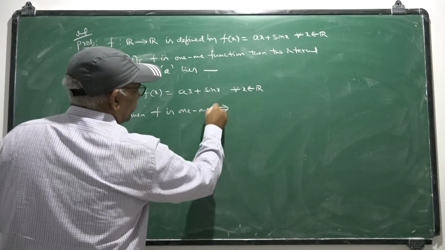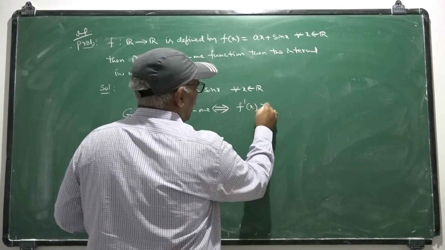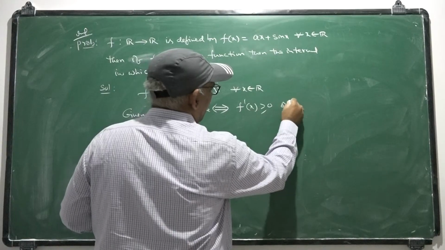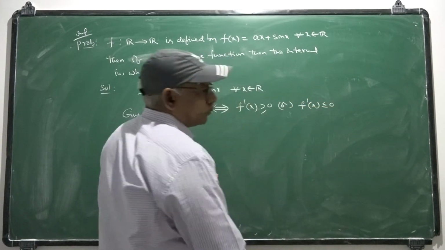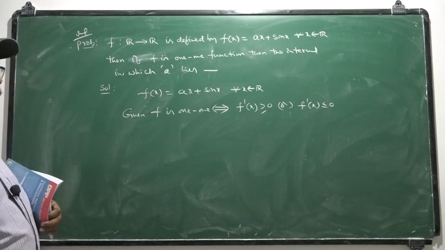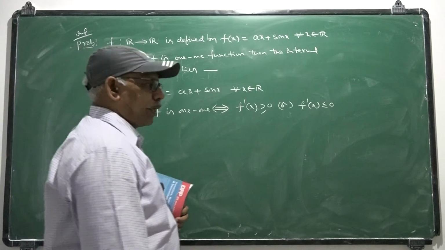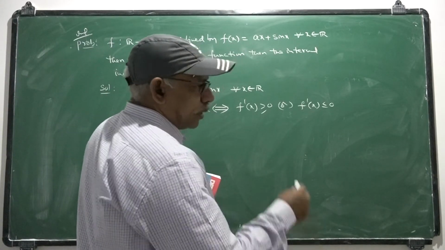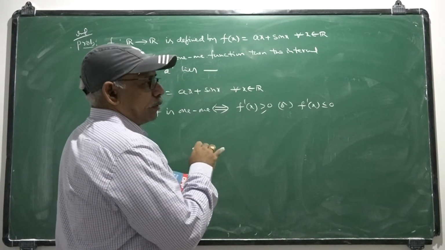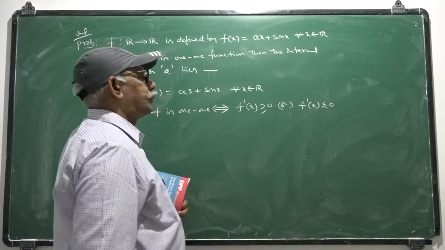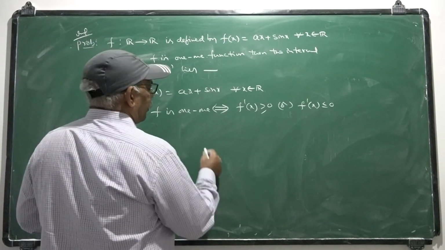That implies, of course, f dash x is either greater than or equal to 0 or f dash x is less than or equal to 0, either increasing or decreasing completely. Once the function is either increasing or decreasing, that must be one-one. So therefore,